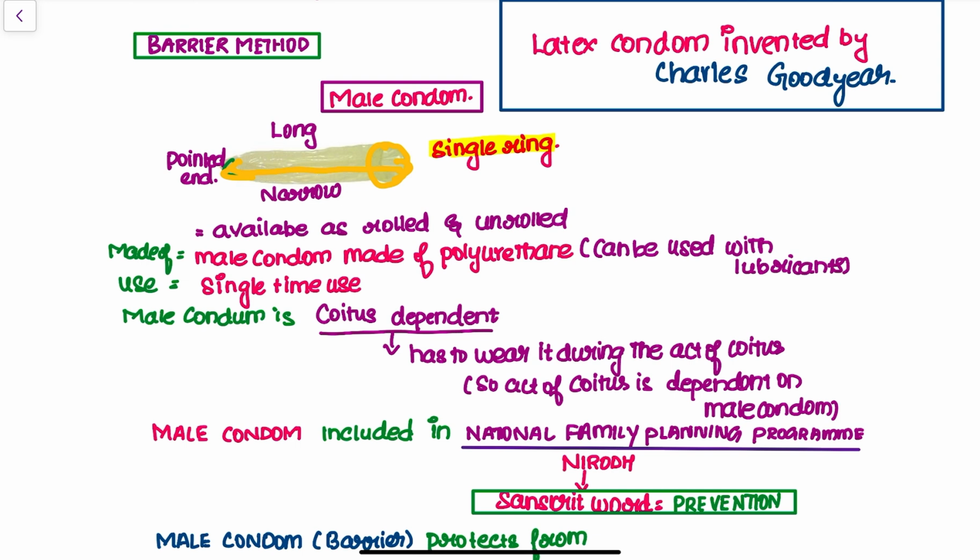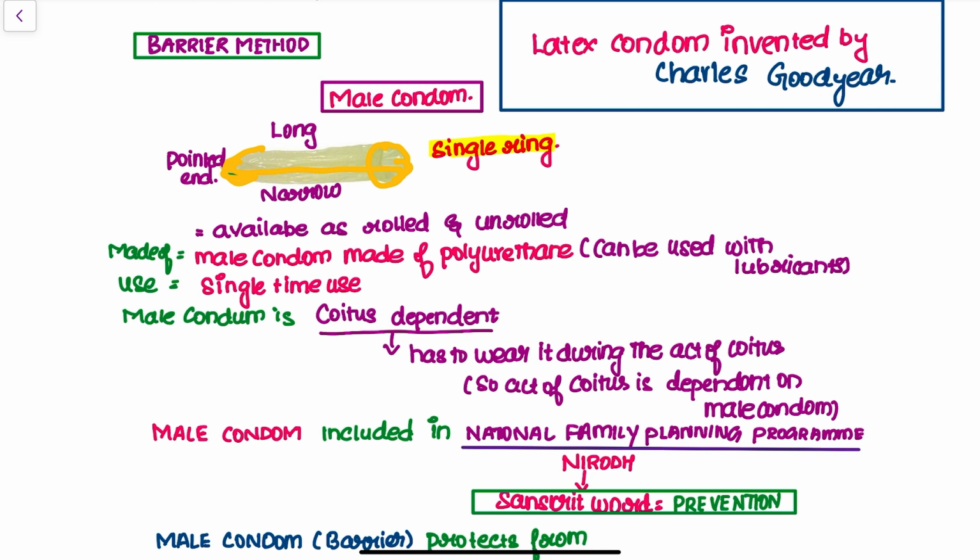As you can see here, the male condom consists of one single ring. And the third most important point is that it is very narrow, right? So this polyurethane made male condom is actually long and it is narrow in nature. As you can see here, this is compared to the shape of the male penis, right? Similar to the male penis, this condom is designed, right? So it has a single ring and it is long and it is very narrow,